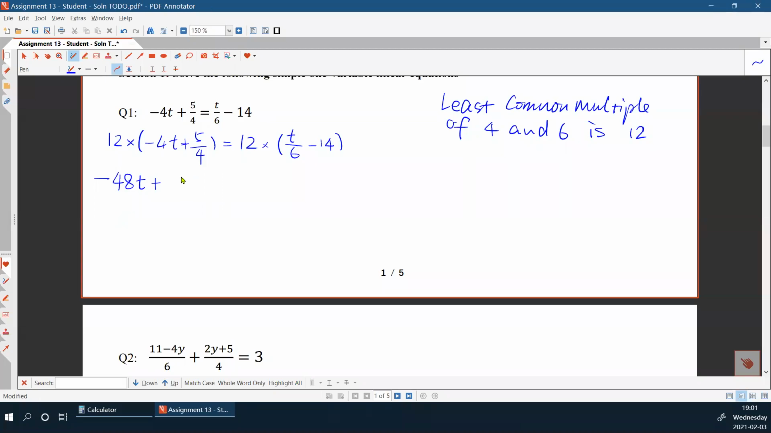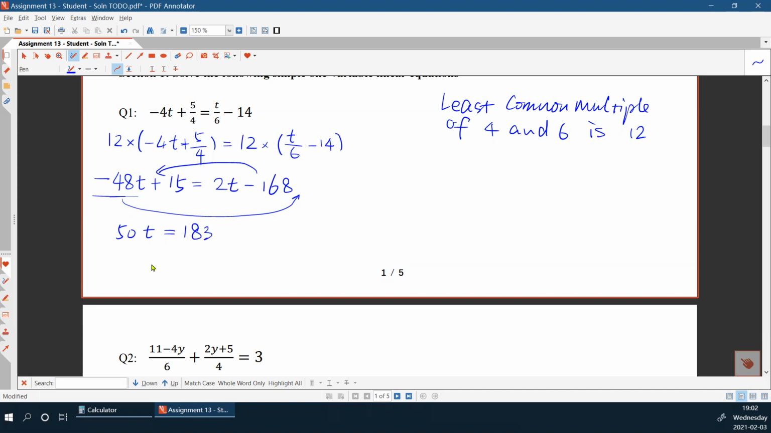3 times 5, which is 15, equals 2t minus 12 by 14, which is 168, right? And then you can move minus 48t to the other side of the equation, which gives you 50t equals, okay, move minus 168 to the left-hand side of the equation, which gives you